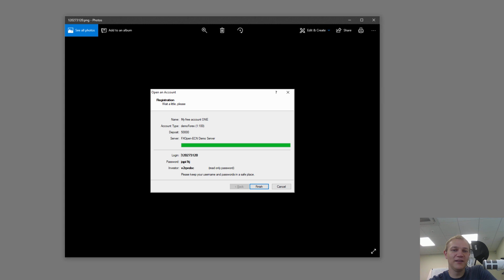So I keep saving this information on my Dropbox. Once it's on the Dropbox, it gets synced to the cloud, and I can even access it from anywhere, like from my mobile, even when I'm traveling. I have hundreds and hundreds of these files. If I blow a demo account or whatever, I never bother to delete these. Over the years I have so many of these files, but it doesn't matter because they're named by login